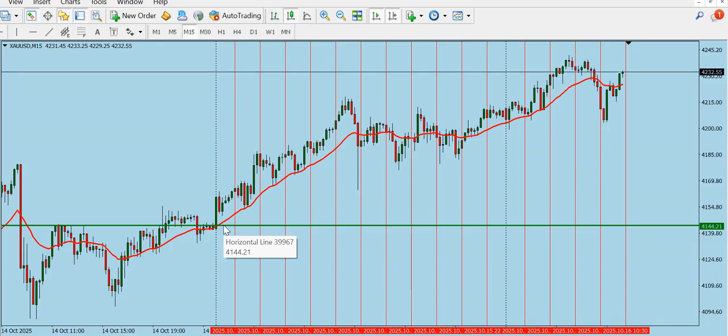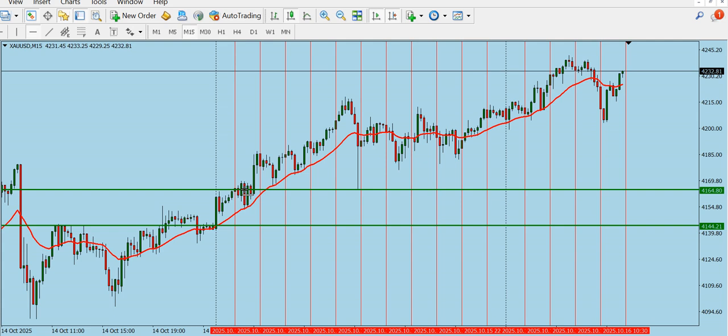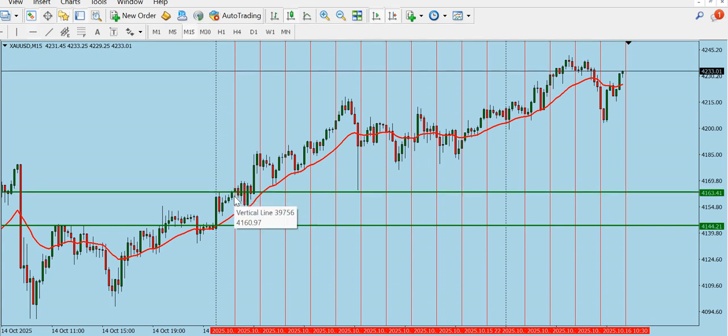What I will do is I'll put a horizontal line at the close of the candle before this first dotted chart separator, which shows the start of the day. Then I'll put a horizontal line just at the close of the candle before the next separator vertical line. Now what I have is a box. I'll divide this box into two